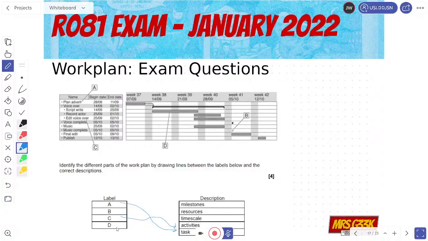And then we've got D, and D is our timescale. So D is our timescale, which means that, okay, so it's going to have to be a milestone because it's not resources, because it didn't tell you anything. So I'm going to say that it is a milestone, and that somewhere on this exam question there'd have been a key on here to tell you that. So I'm going to go for milestones. Voila. And that's 4 marks. Nice easy one, that one. Let's hope we get something like that in the exam.